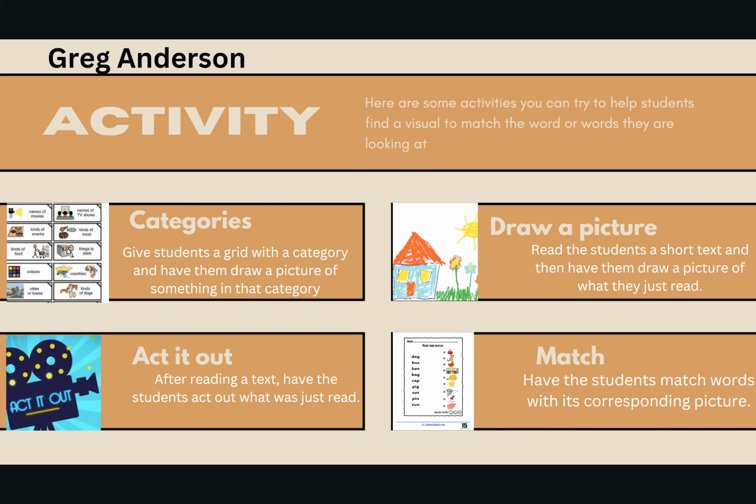Or like, again, they do it all the time in science, but all the different stages of photosynthesis and stuff like that. That would be something that would kind of fit these category things. So again, you can do it more specifically or more generally, but it's basically having students draw a picture that fits a certain category or section or piece of information that you want to. Draw a picture is just a more general approach.